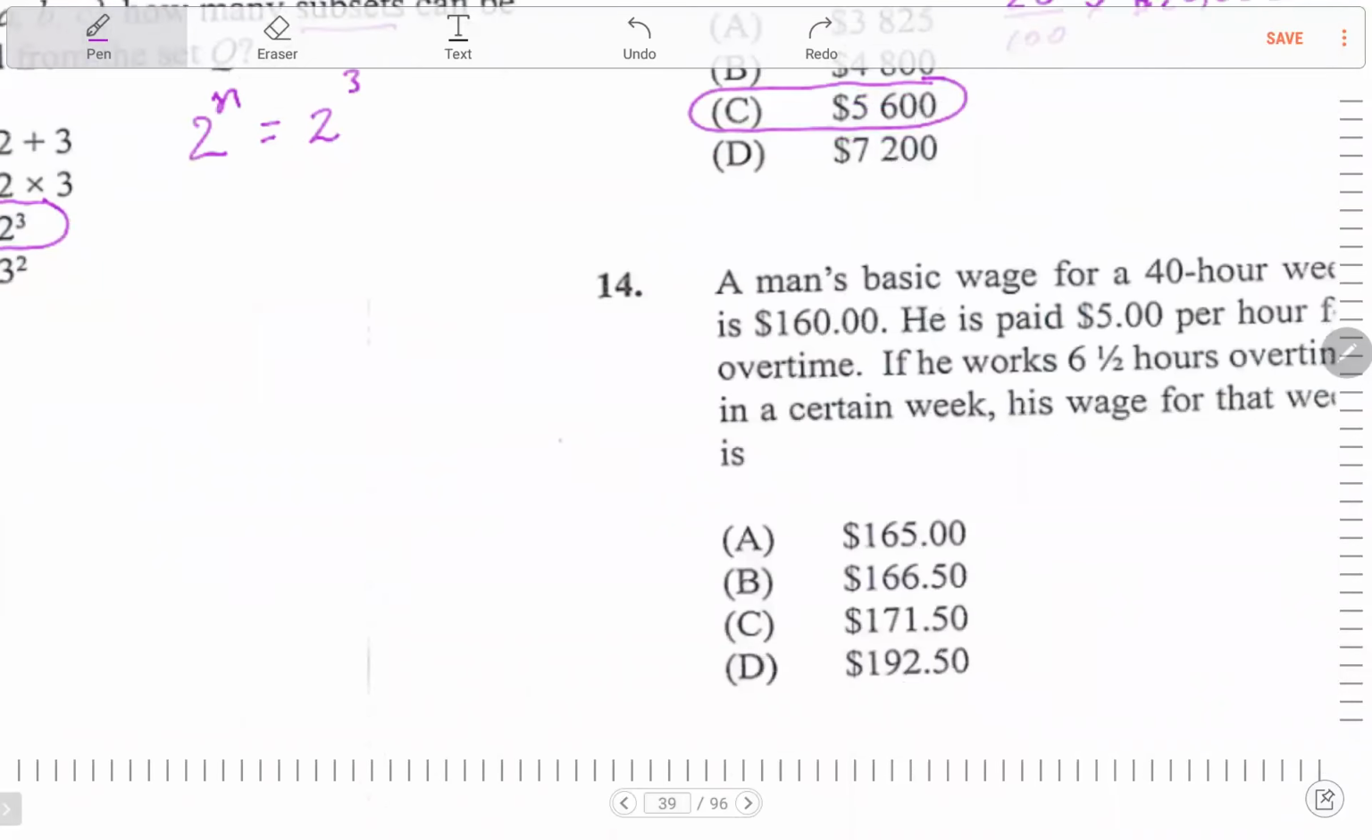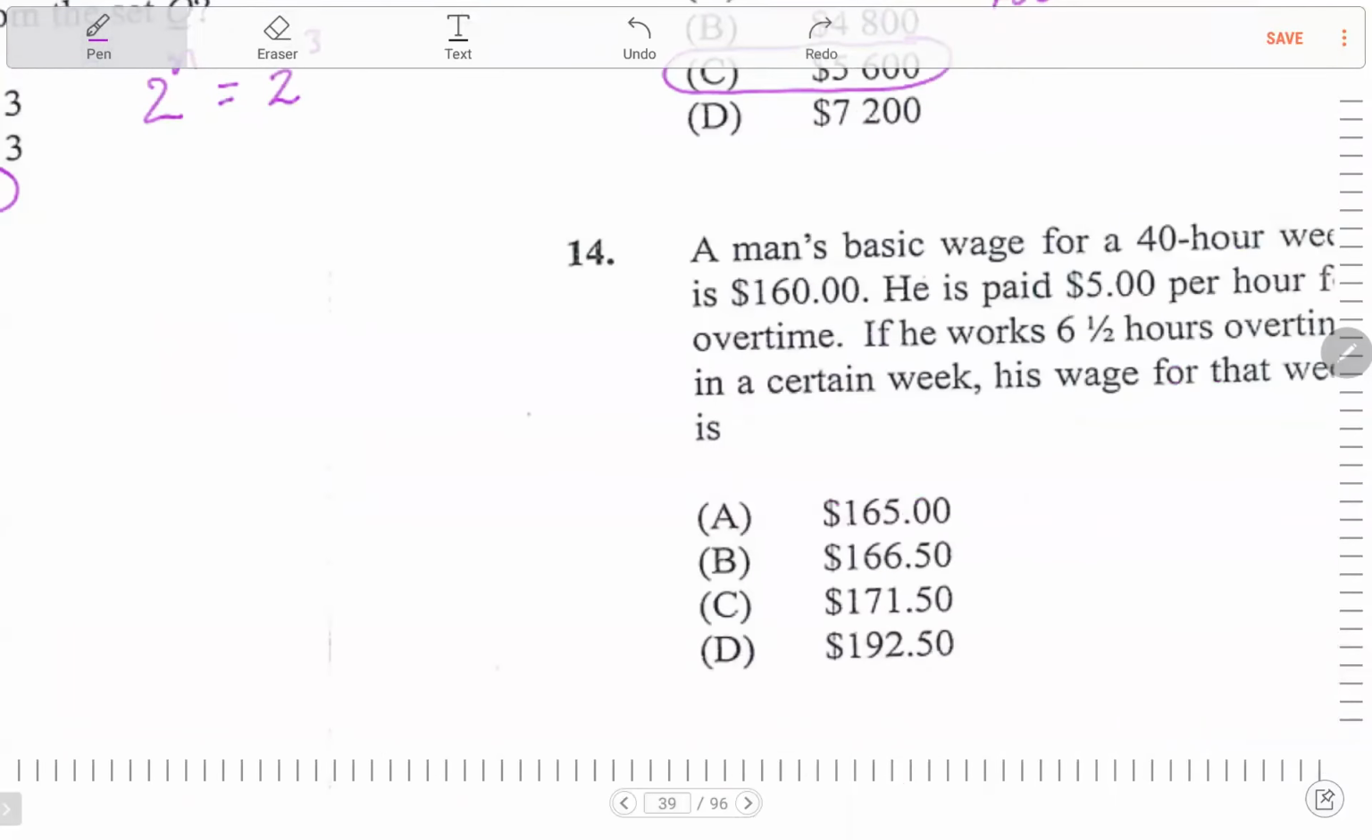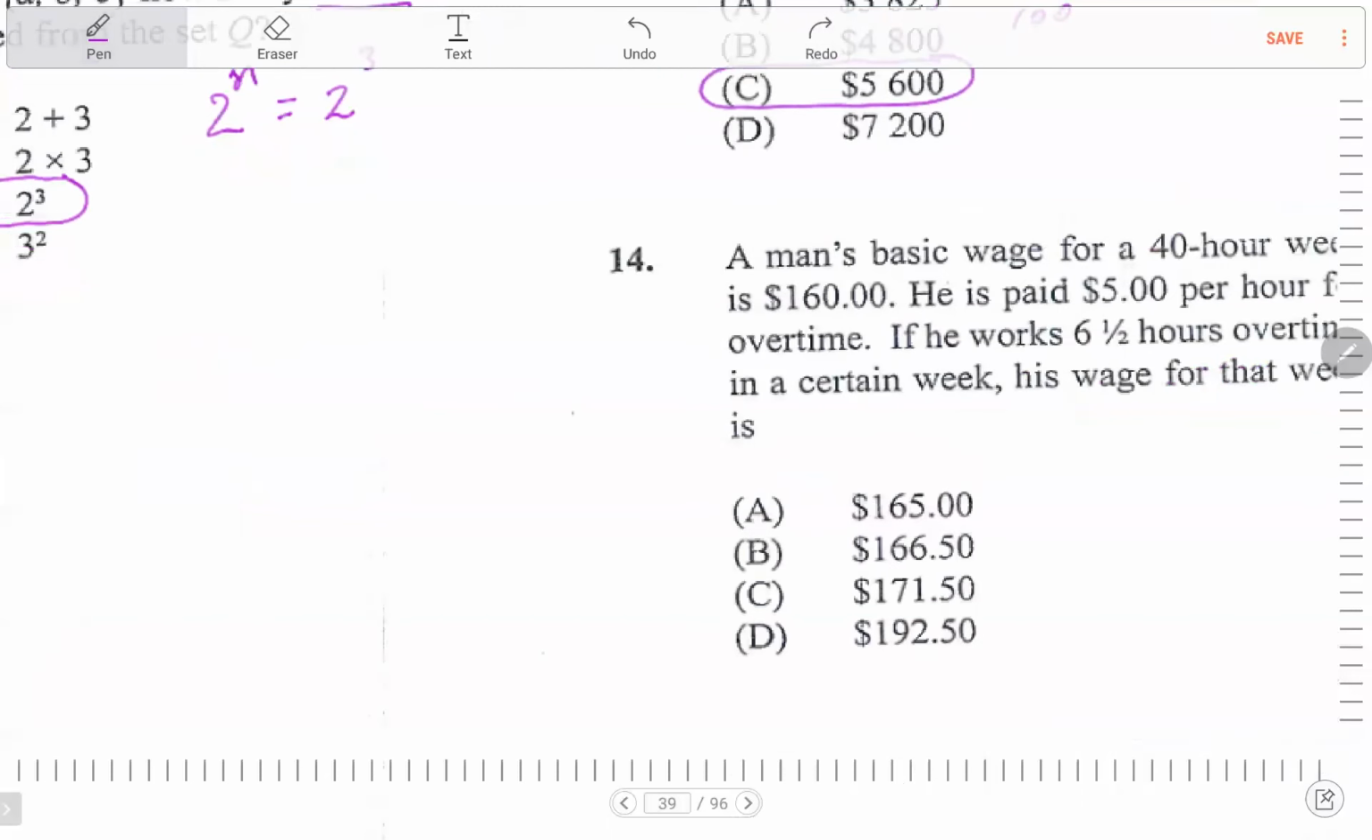The next question. Basic wage for a 40-hour week is $160. A man's basic wage for a 40-hour week is $160. He is paid $5 per hour for overtime. So every hour of overtime he works is paid $5. If he works 6.5 hours of overtime in a certain week, his wage for that week is,